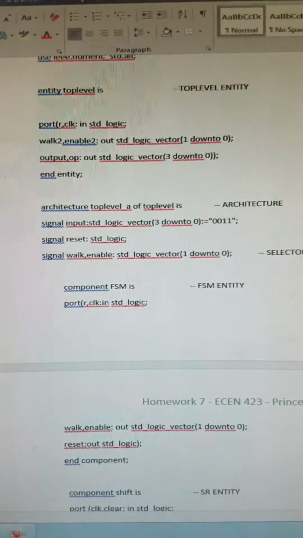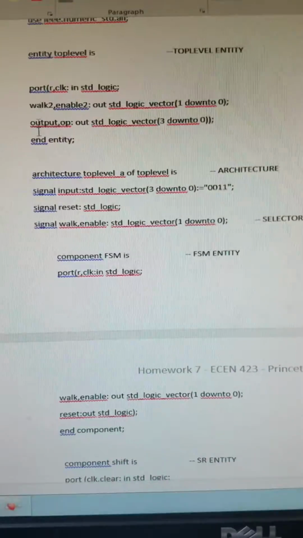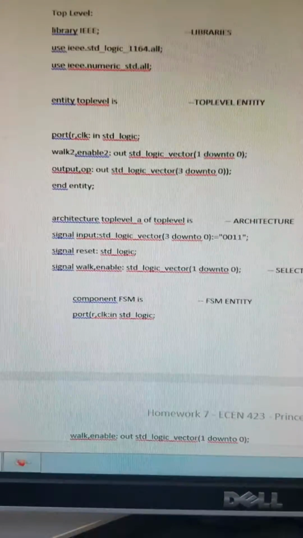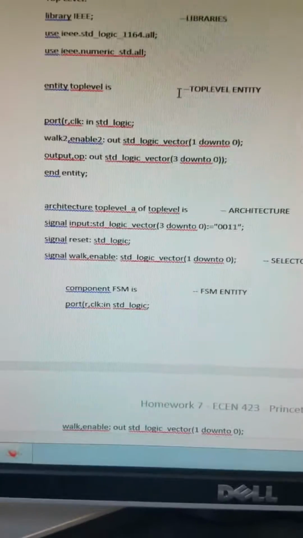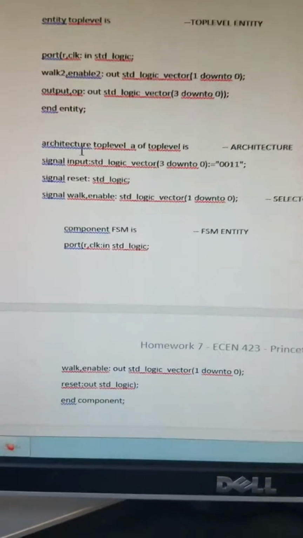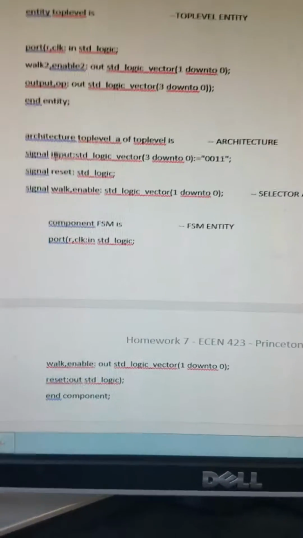So in our top level entity, we have our usual ports here. We'll start with the libraries up top. We have our entity top level with our input and output ports. We also have the architecture from